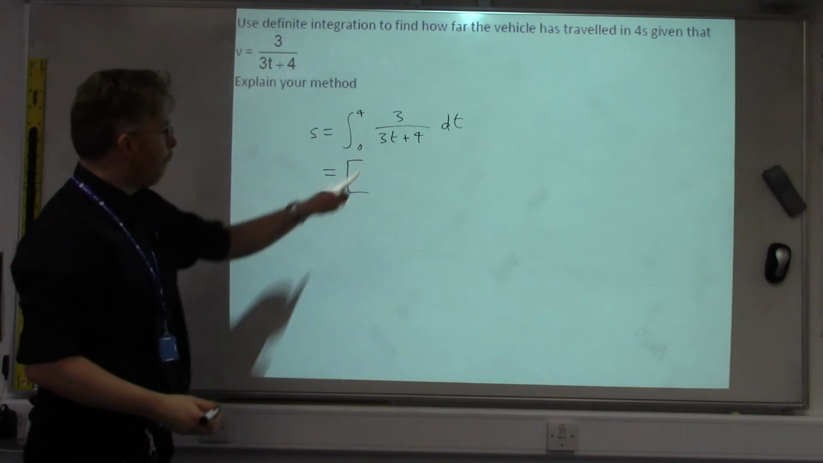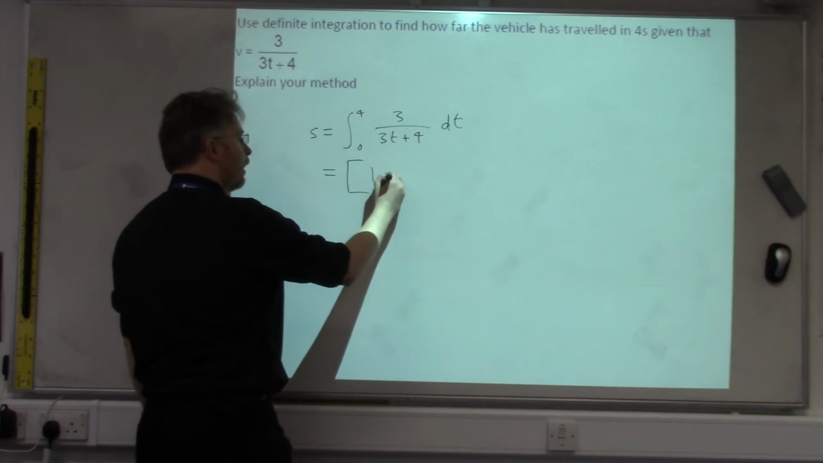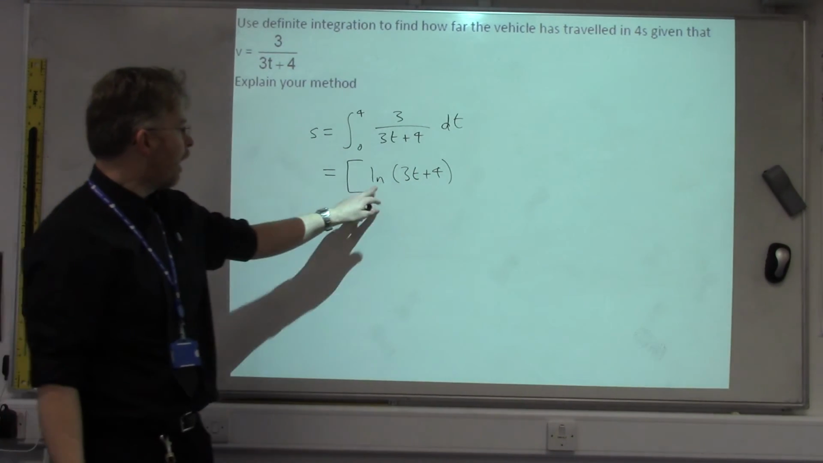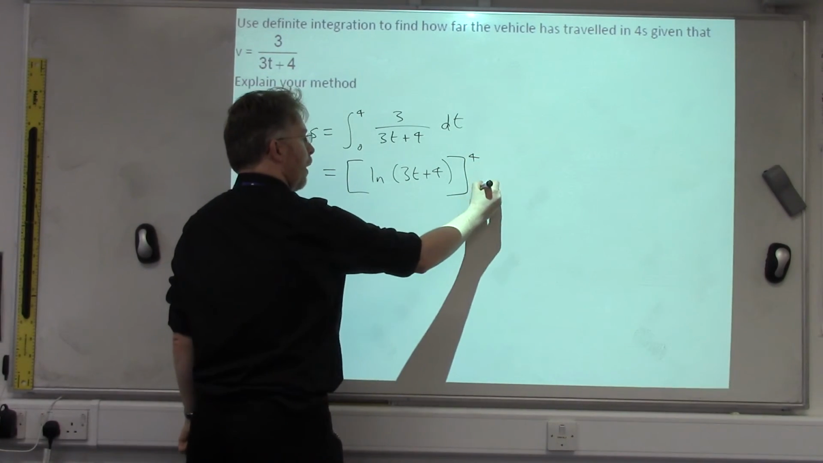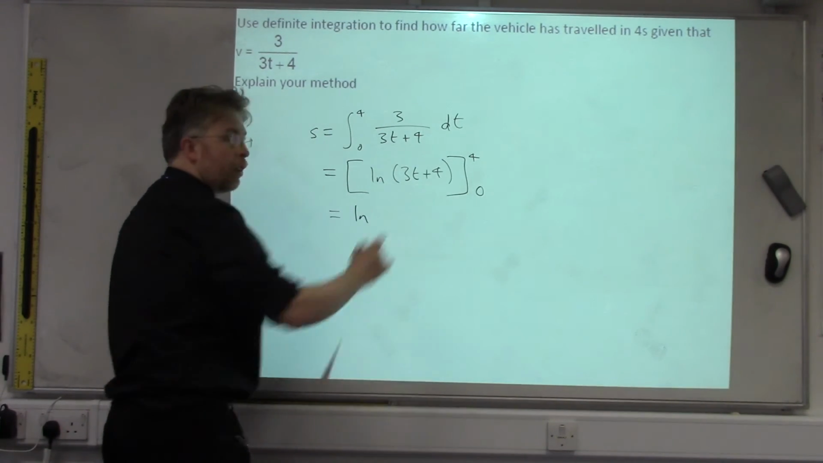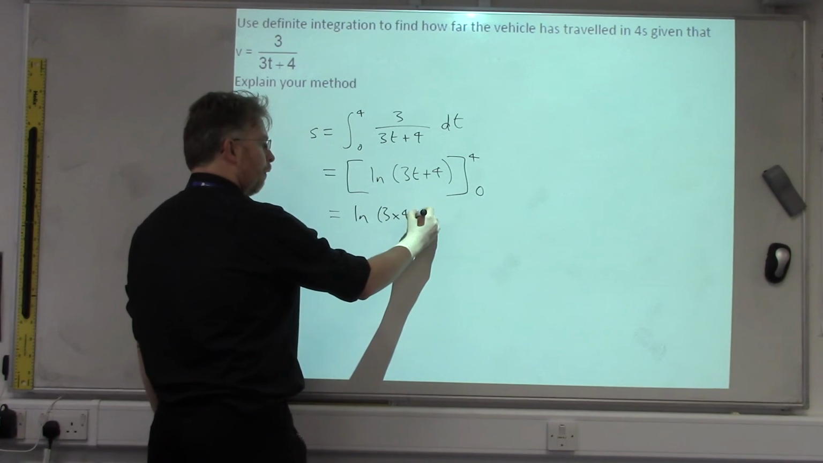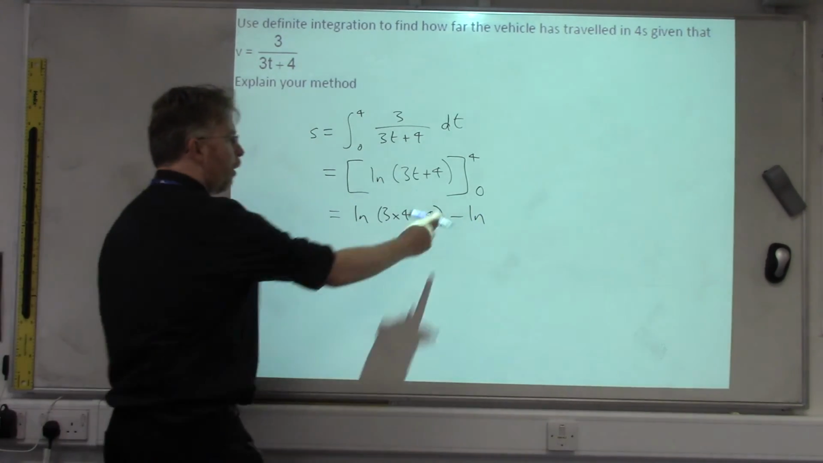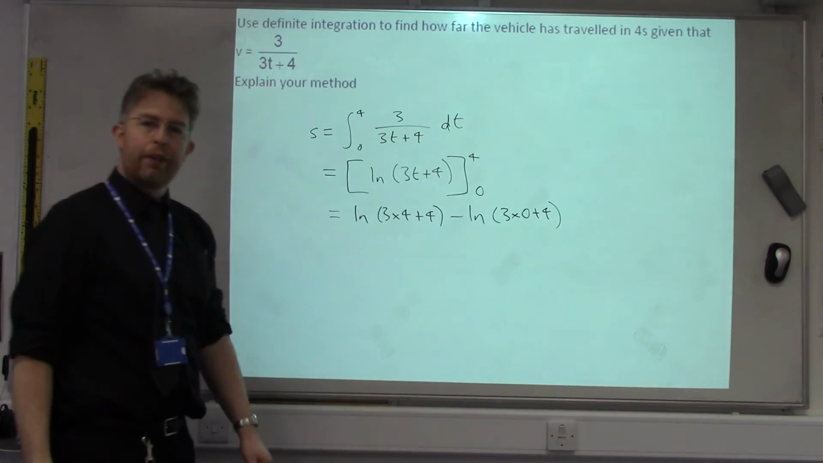Now, as long as the number in front of the t and the number in the numerator are the same, this will integrate to ln of the denominator, so ln of the 3t plus 4, and close the square brackets, limits on the outside. I'll say 4, we stick the top number in first into the formula, so ln of 3 times 4 plus 4. Take away ln, we put the bottom number in for t, 3 times 0 plus 4,